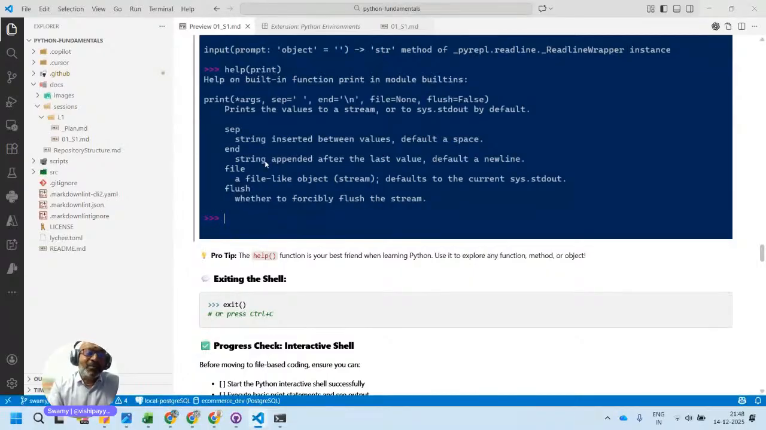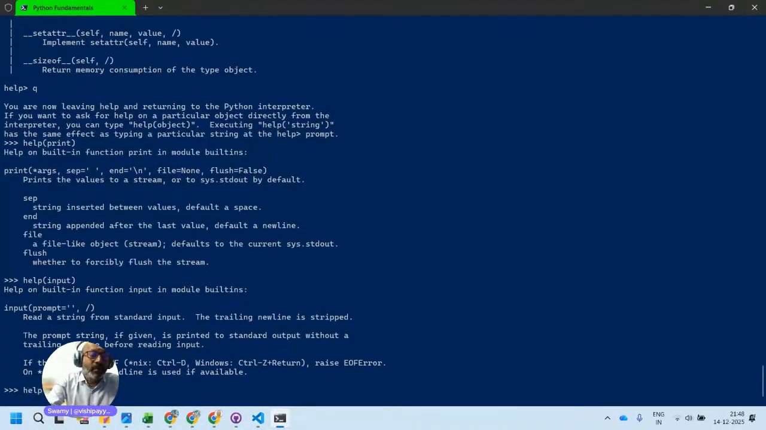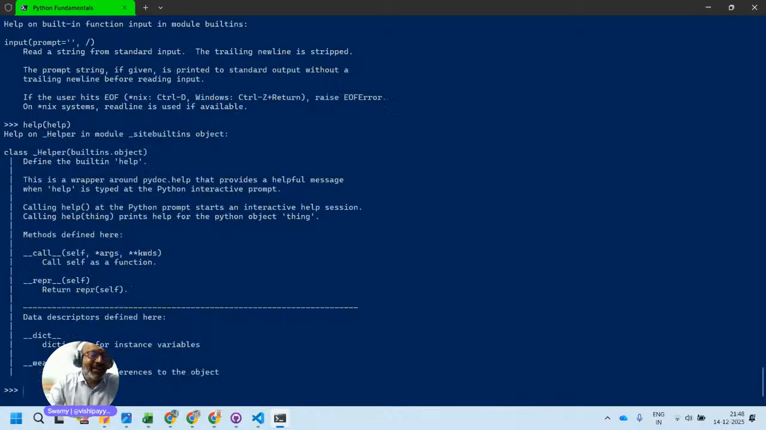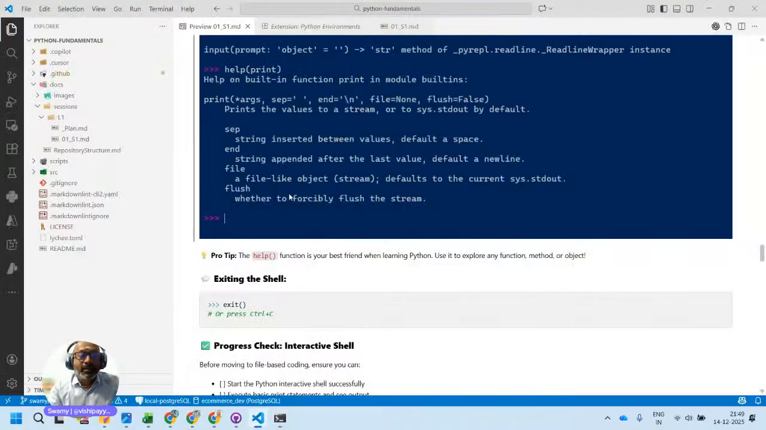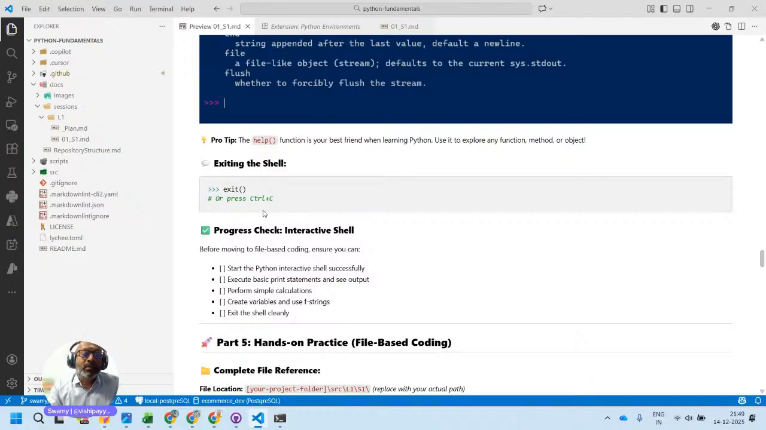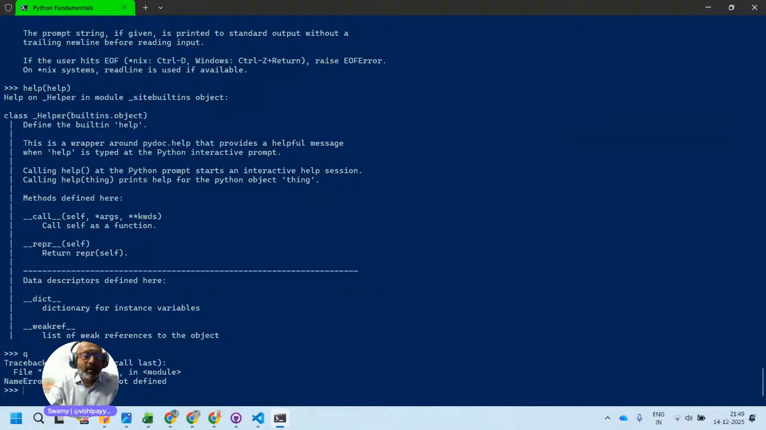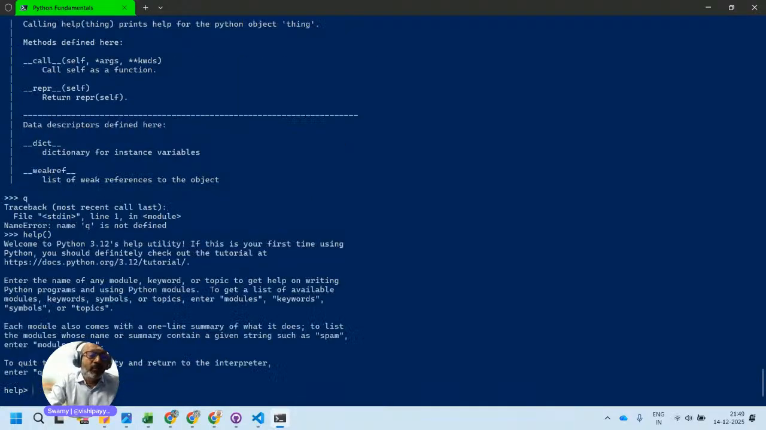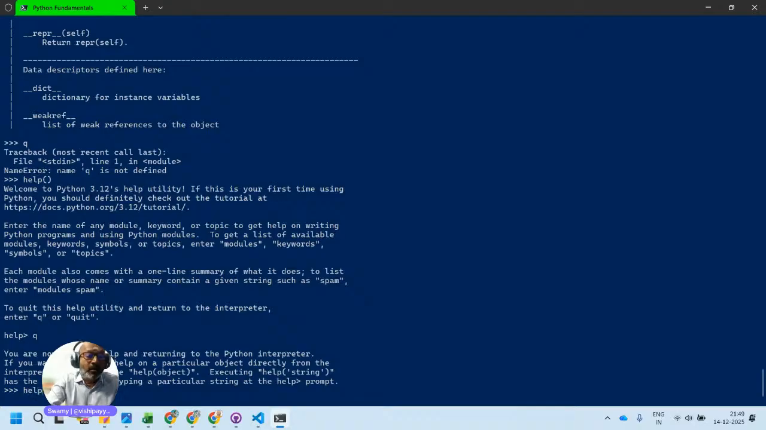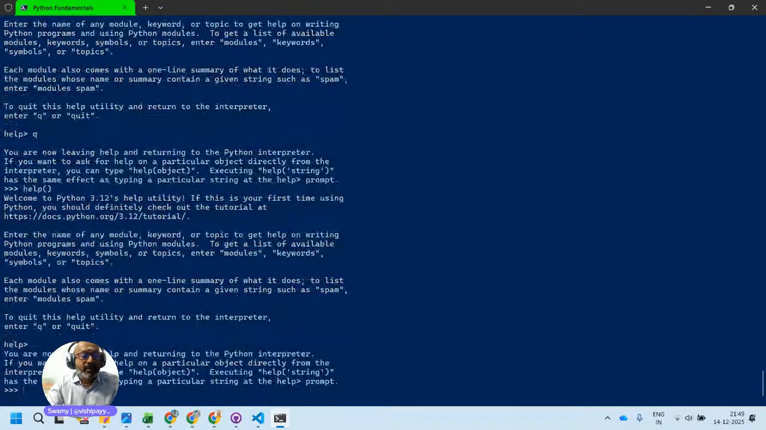One thing I didn't try, what if I ask help of help? I mean, I'm just trying this, I don't know. Ooh, so it's giving, defines the built-in help. This is a wrapper around pydoc help. We'll come back and look, but it clearly says what it is. That being said, either we can do Control C or exit, or Q is the simplest one. If you are in help mode and you want to come out, Q is the best one. Or if you are in help, another way is Control C. And if you are again in help,